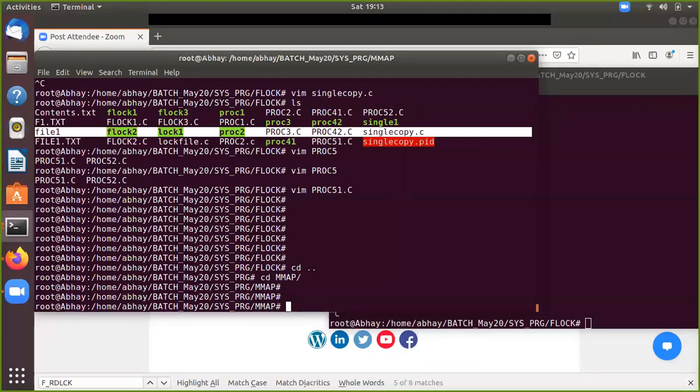So in my example, I have two programs running. Program A has locked the file, and program 2 is trying to access that file through an unblocking call. So when it tries to access it through an unblocking call, it will not get the lock because program 1 has locked it. So it will not block forever and proceeds with further instructions which are there in that file, right?